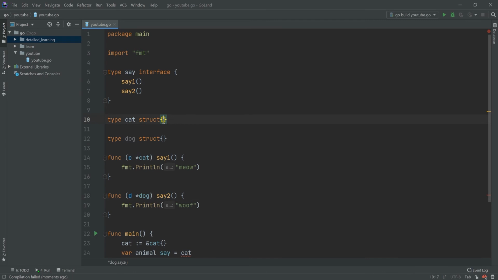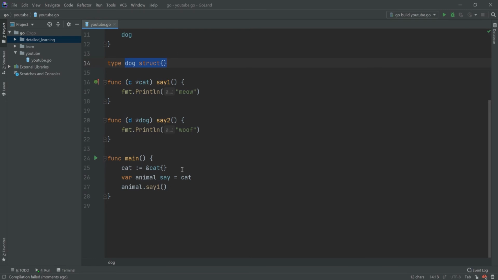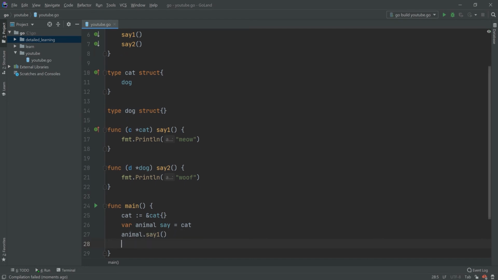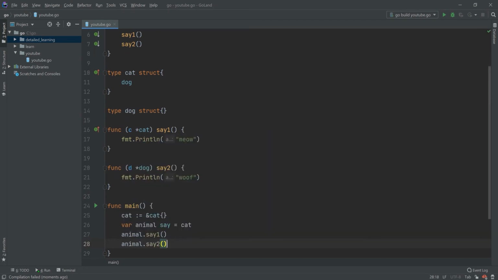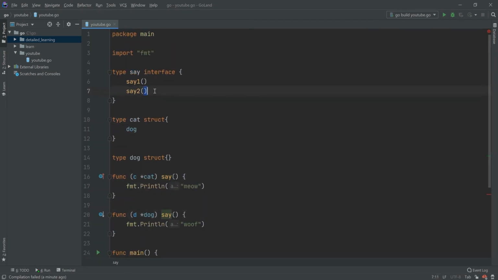But the reason why previously, when I have the dog struct here, it has no error, is that I can actually call my say2 by using, for example, animal. I can call say2 because I already have a struct of dog here, right? And I can use the dog struct to call this method. So that makes sense. And here, to make it clearer, I just want to make it both as say